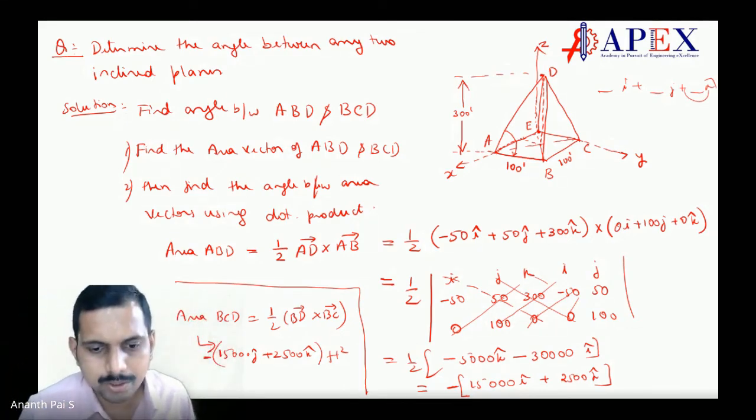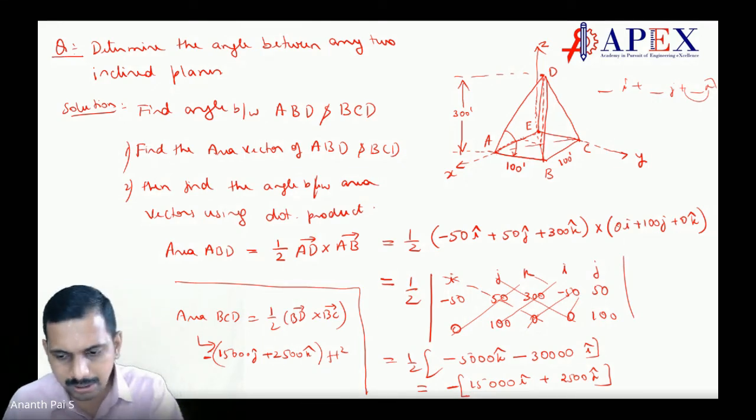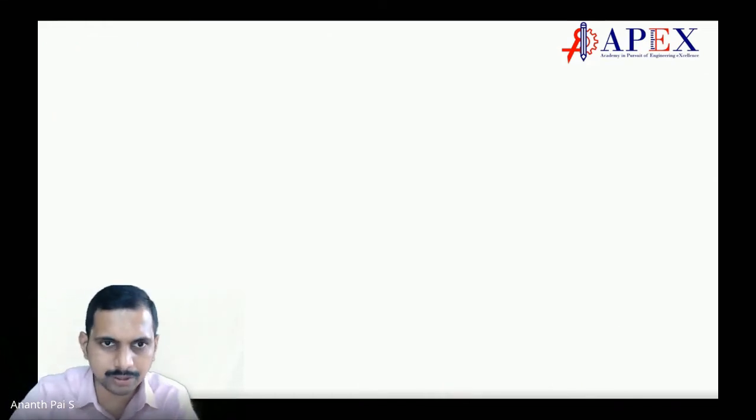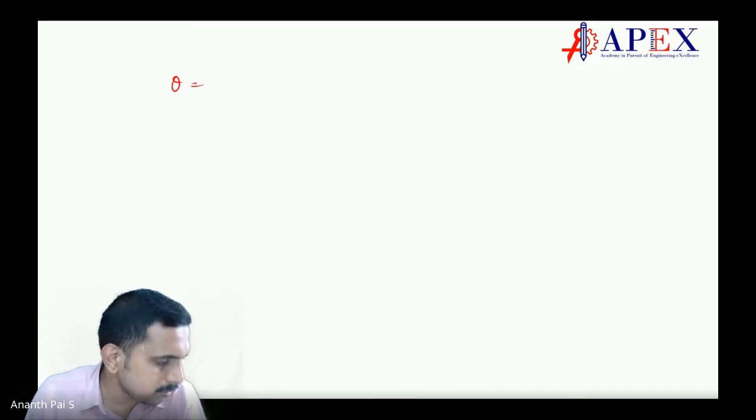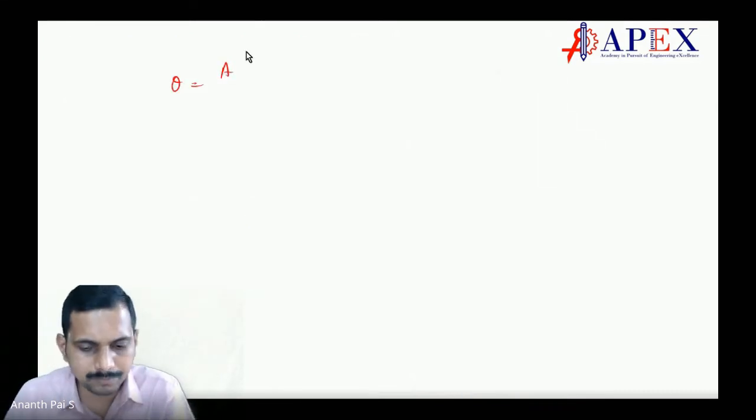Okay. So you find the angle between those two. How do you find the angle? You find the angle by saying, I hope everybody has written this down. I'll give you time if you're not written. Okay. So what you say? You say angle theta is equal to, you have A, what was that we used? ABD and BCD. Okay.